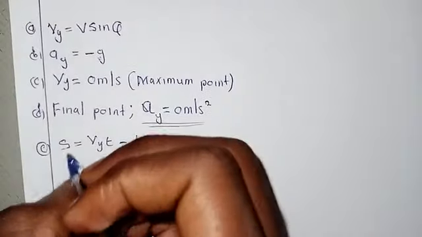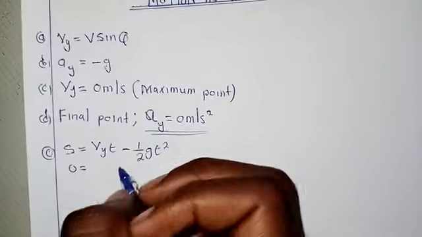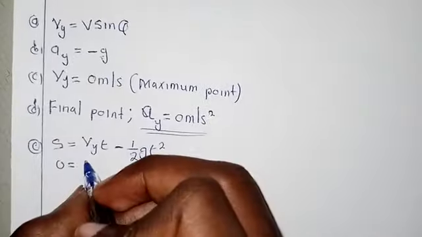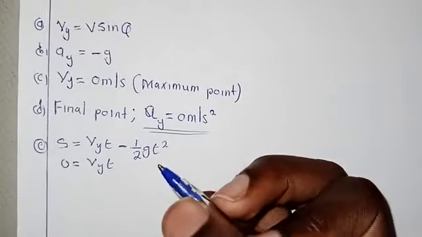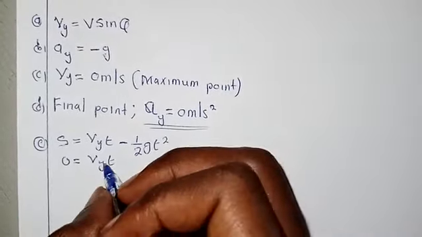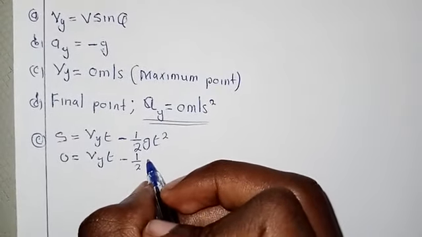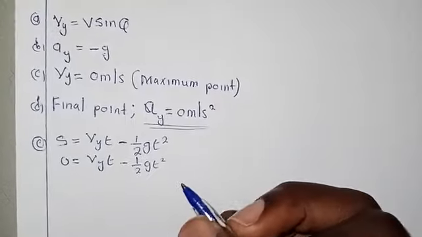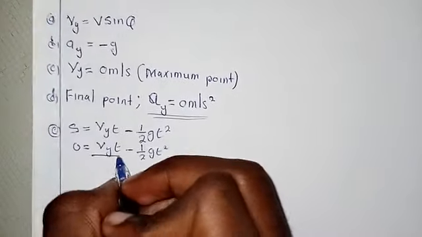So from here, this is 0, because that is where we're starting from. Okay, then we are going to say Vyt, where Vy is a component of the velocity in the y, then over 2, then gt squared. We want to find the total time of flight, so we can say over t,